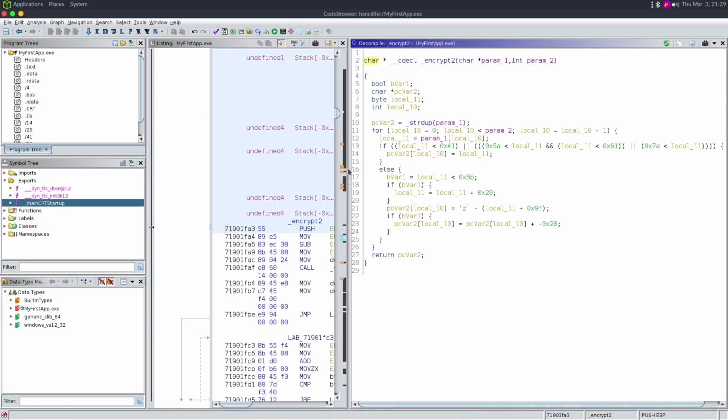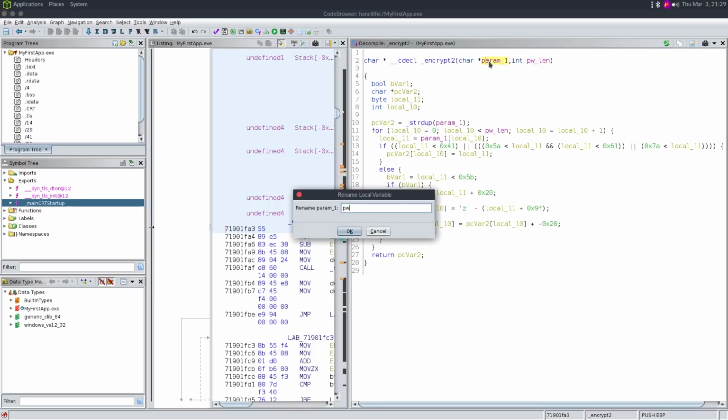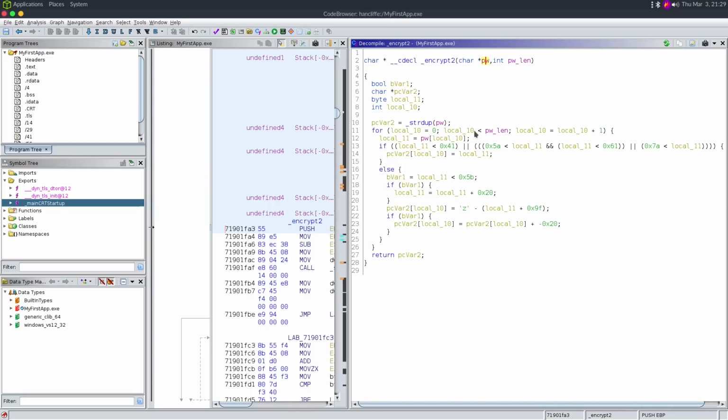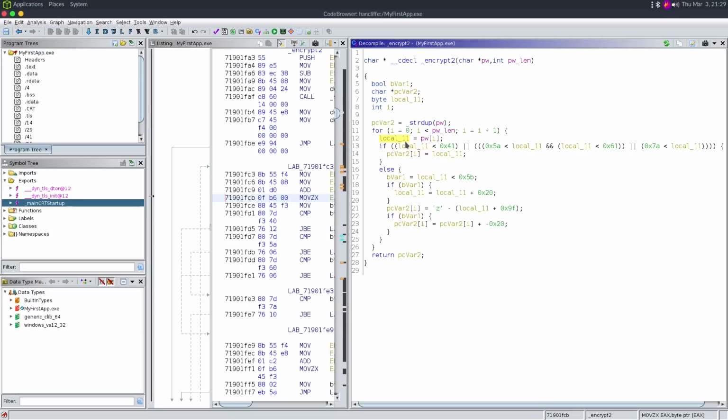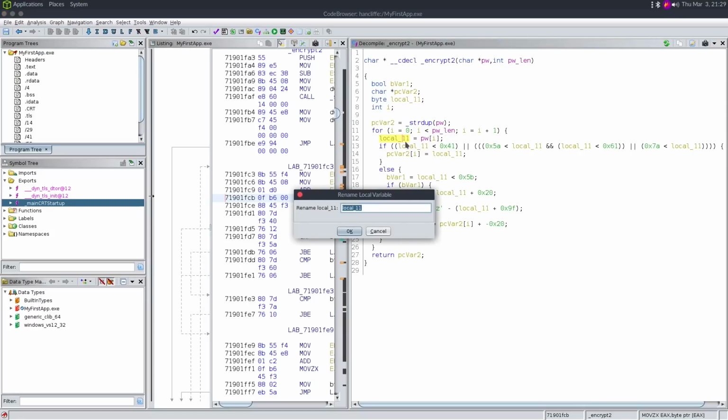And this one is a bit more different or difficult. So param2, remember this was password length, and param1, this is going to be PW. And this we can say is I. So again, we're just looping through the whole character. And now we're going to say, let's see, local 11 PWI. So this will be